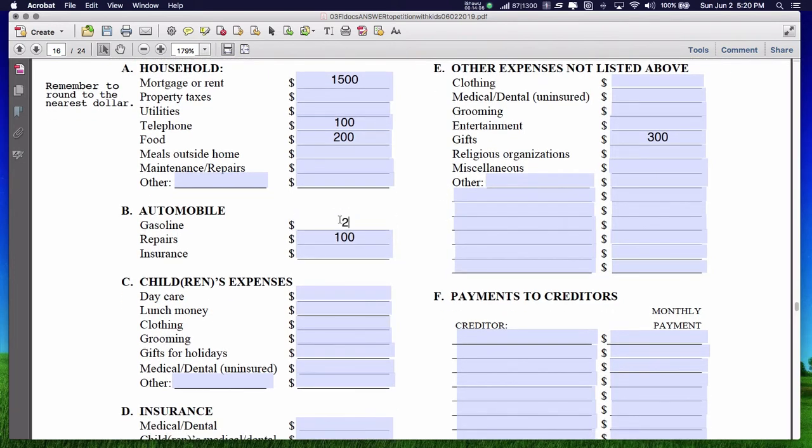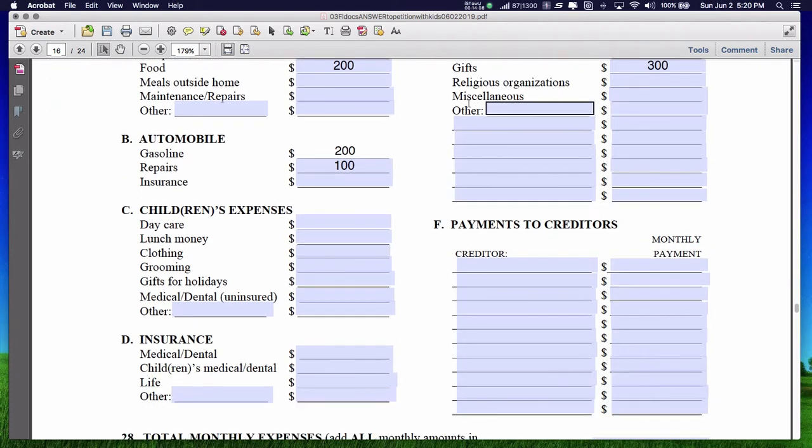If you spend $200 in gas, all right. And other, if you've got something strange you have to do monthly, put it here. Creditor, let's say you've got a credit card. Just put that in. It's $200 a month. That's good. If you fill the rest of this out,